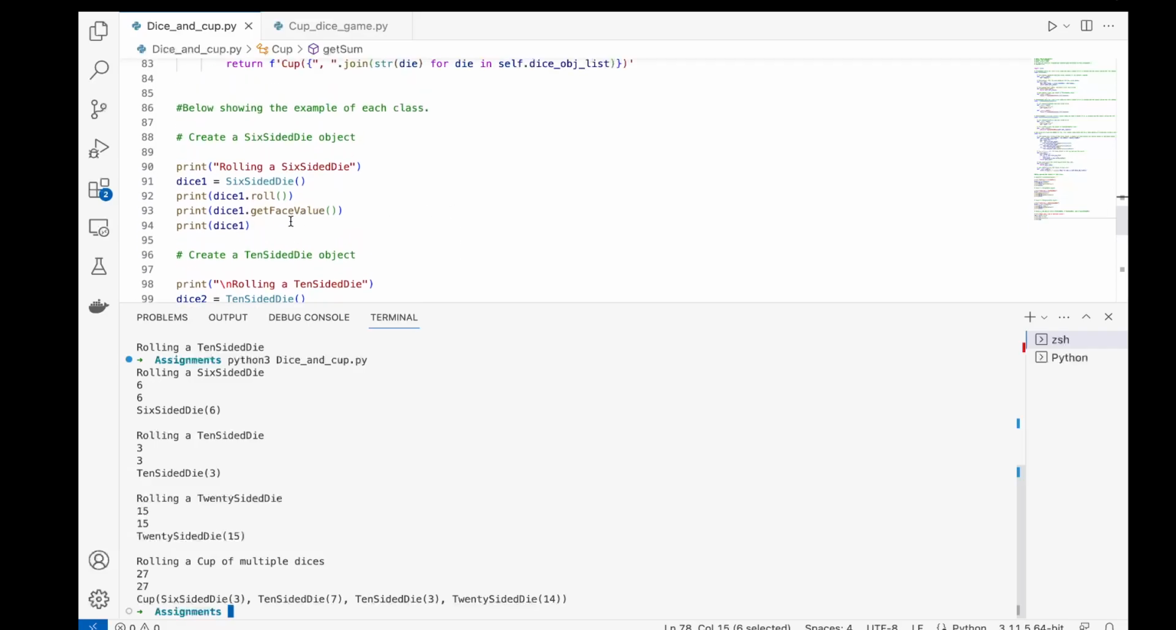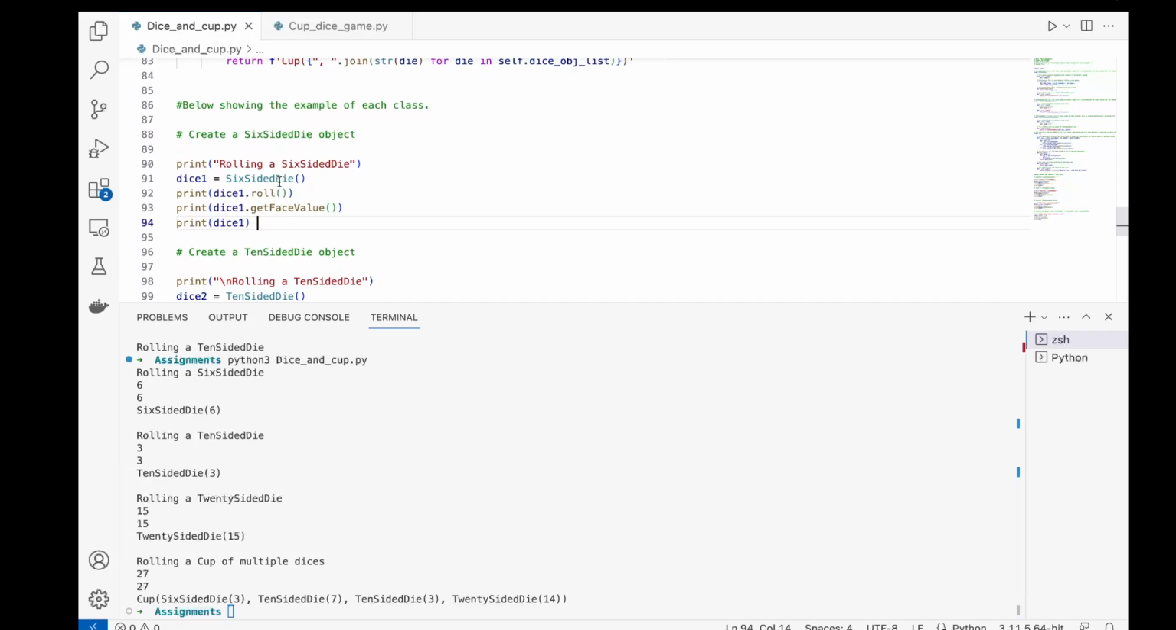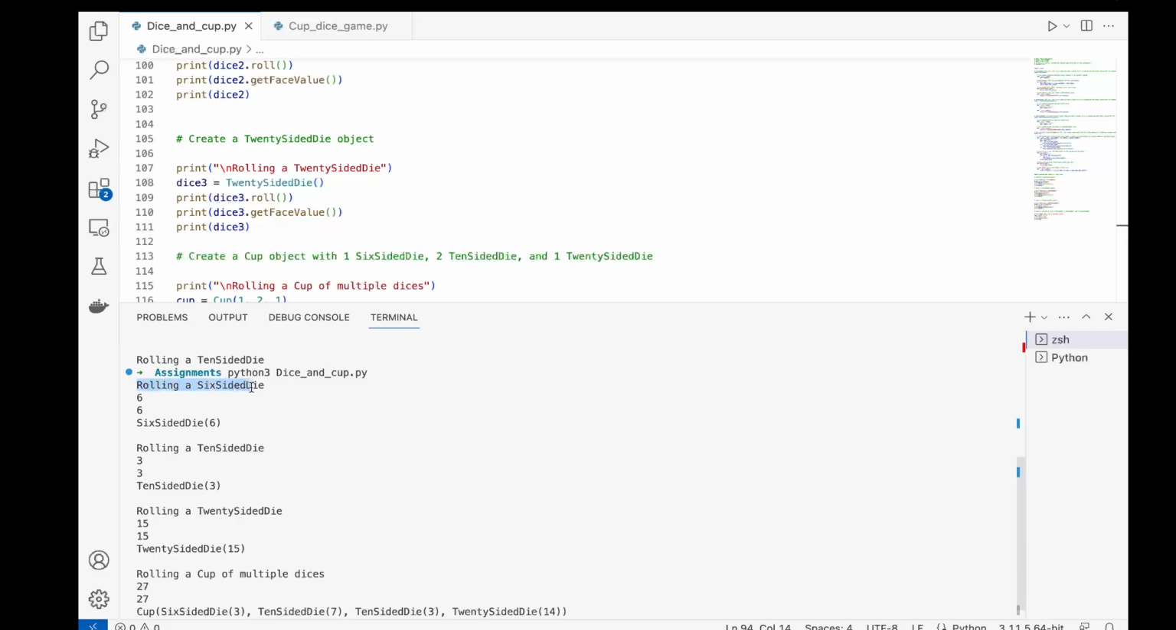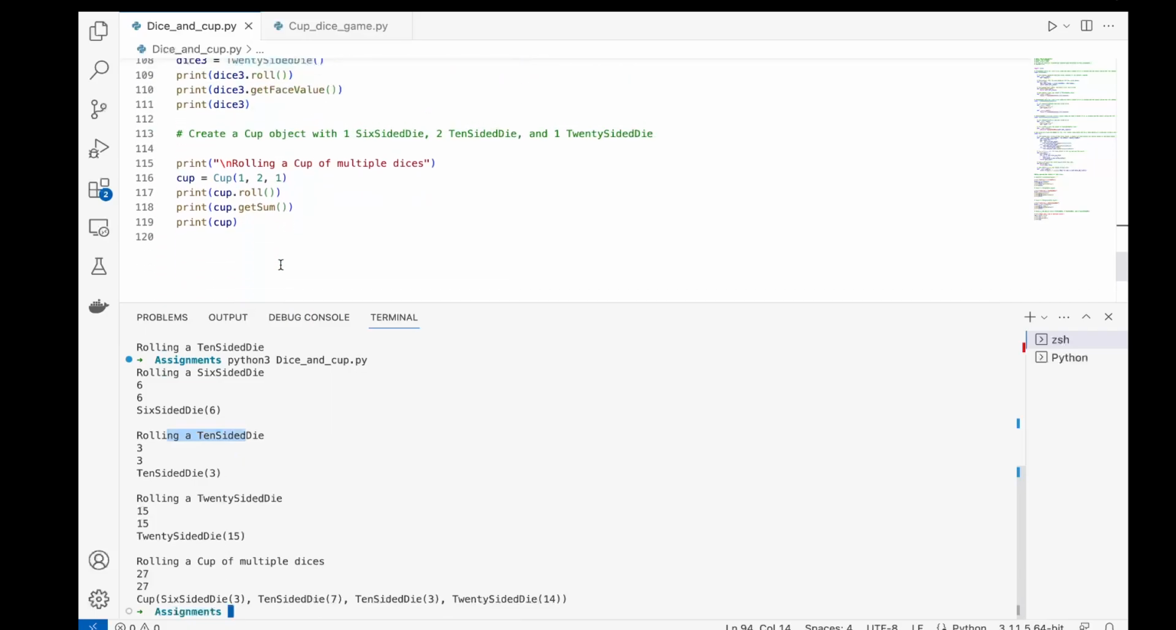So I have created the objects of the respective classes and then called the roll and get face value functions. And we got the output here. First I'm rolling the six-sided die and we got the output, and we're printing the representation of the object. Similarly, we're doing that for 10-sided die and 20-sided die, and I have also created an object for the cup,